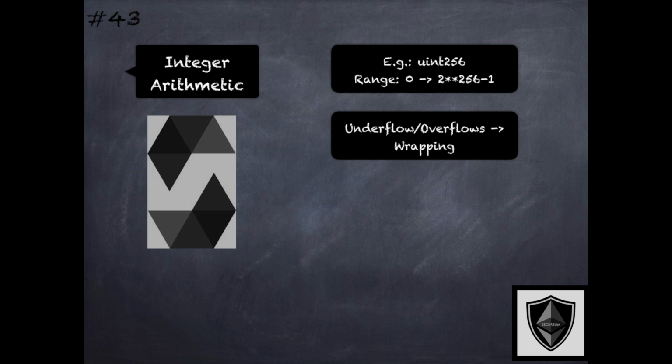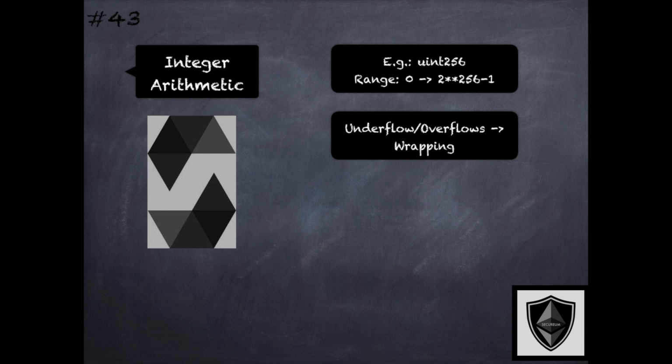And there have been numerous cases of such integer values being overflowed or underflowed, leading to really huge exploits and vulnerabilities from a security perspective. And this is something that is really, really critical when it comes to the security of integers, specifically in smart contracts. And so for addressing this specific aspect,